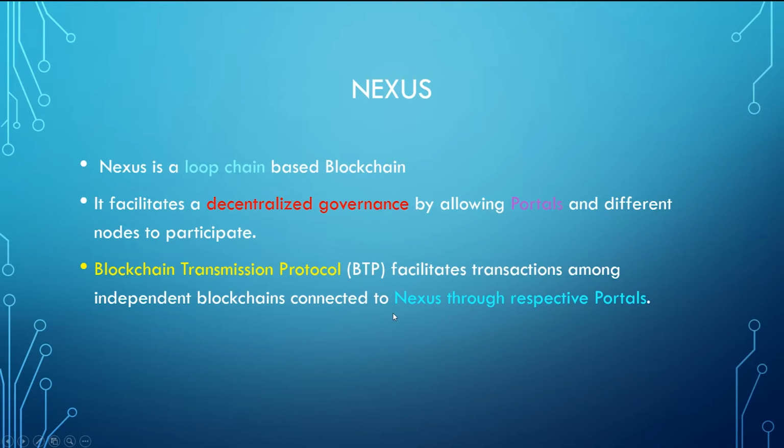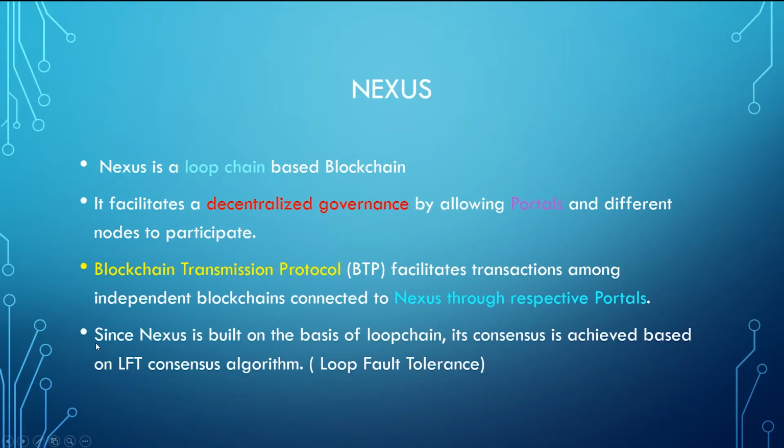The BTP, Blockchain Transmission Protocol, facilitates transactions among independent blockchains connected to the Nexus through respective portals. So this protocol allows the transmission of data between portals and the Nexus. Since the Nexus is built on the basis of loop chain, its consensus mechanism is called the LFT. Its consensus mechanism is based off of the loop fault